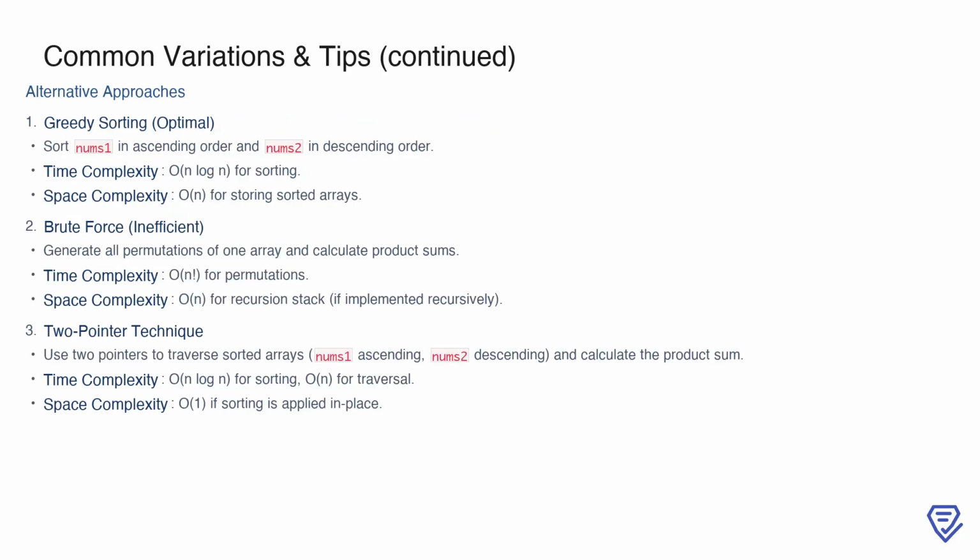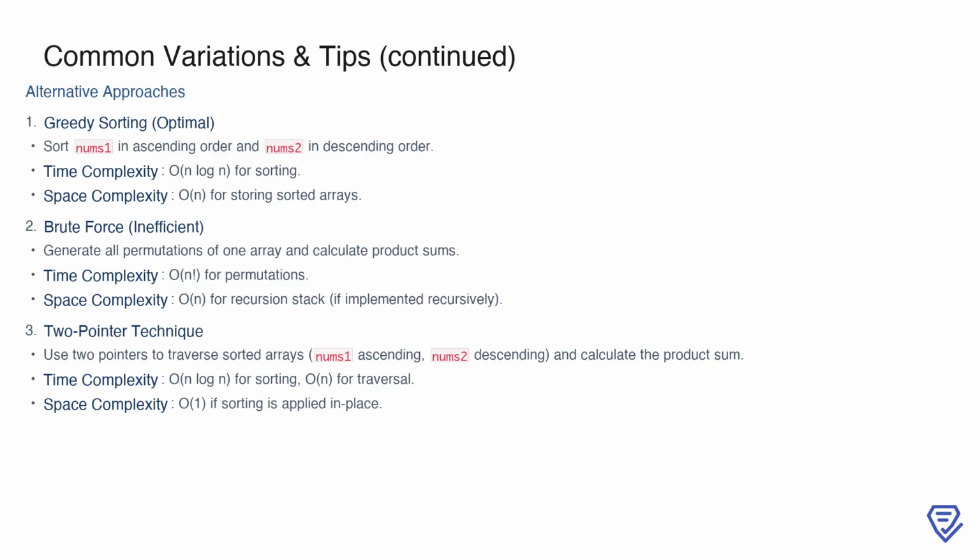methods. When approaching this problem, it's important to understand the alternative methods available. The optimal approach is the greedy sorting technique, where you sort one array in ascending order and the other in descending order. This has a time complexity of O(n log n), due to the sorting step, and a space complexity of O(n) if you store the sorted arrays separately. A less efficient alternative is the brute force method, where you generate all permutations of one array and calculate the product sums. While conceptually simple, this approach has a prohibitive time complexity of O(n!) and should be avoided for larger